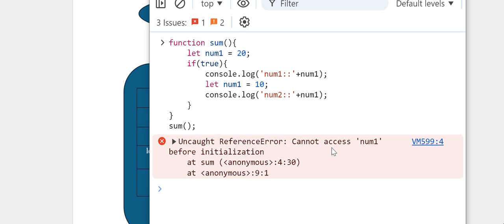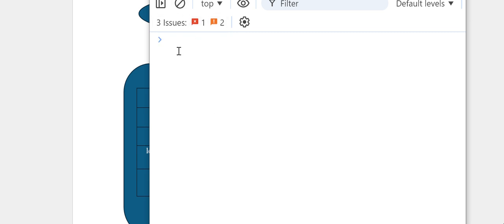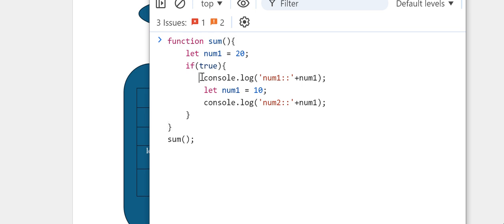Cannot access number. Okay, sorry. It is the block level scope, right? So you will treat it as, okay, not able to access. Okay, so suppose,